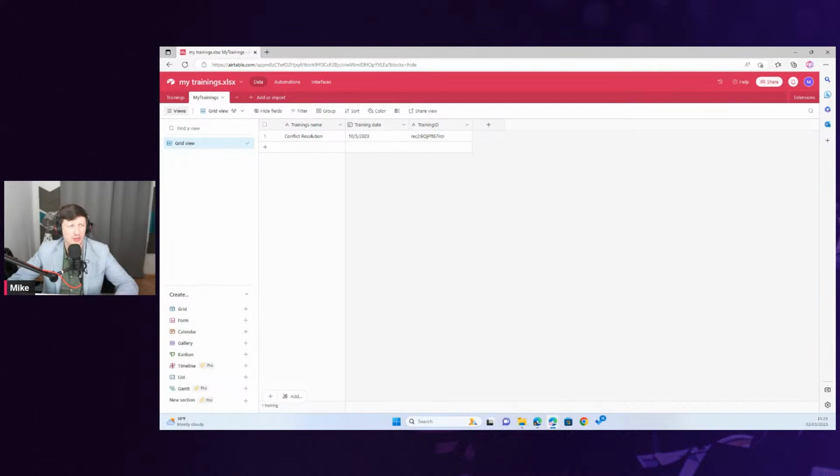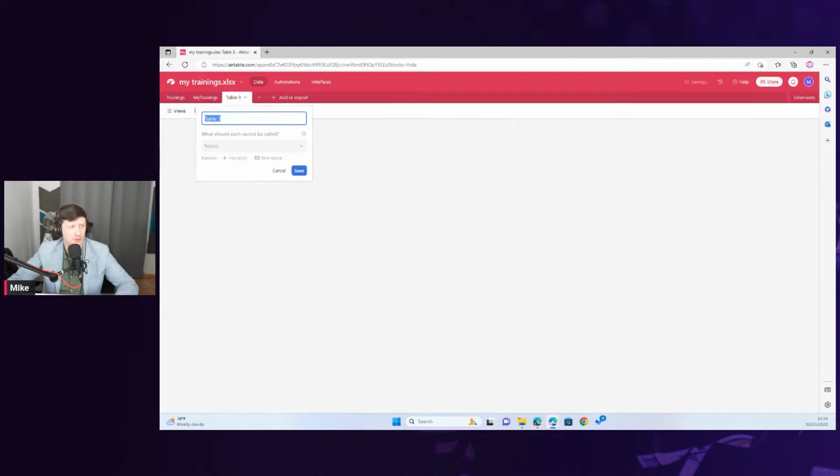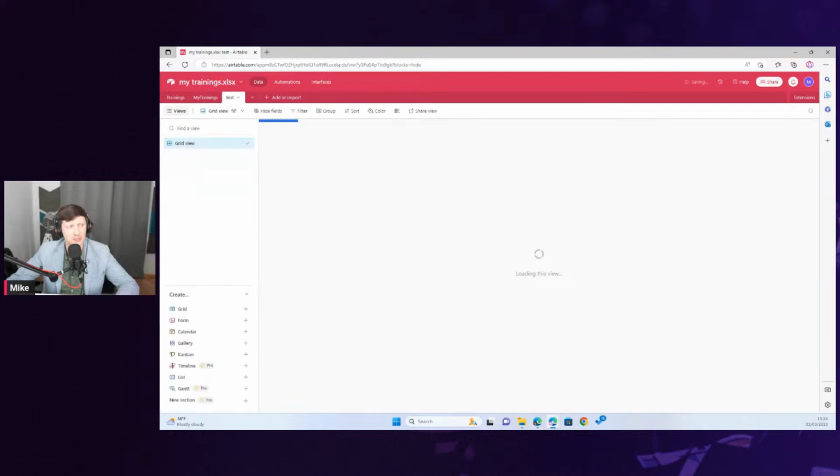Whenever you work with Airtable, have in mind that whenever you add a new table, it always appears with some simple columns and the first three rows, even though these are empty rows. You always have the first three rows in place, even though they don't have any information.